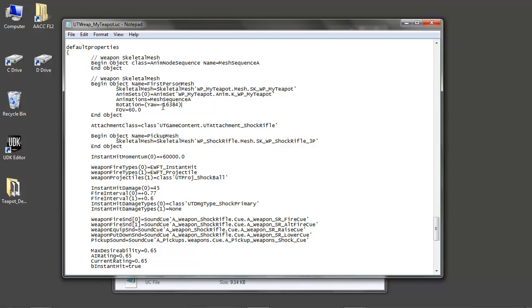The rotation, we want to reverse this and change yaw to -1638. And then we want to go find attachment class. So this is calling up another code. Now we just copied this as well. So what we want to do is change this to UT attachment underscore my teapot. The prior one basically looked for script in another folder, which we don't need because these are in the same